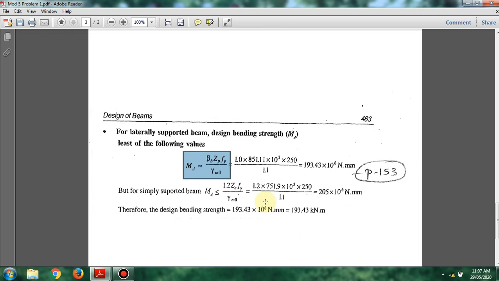This formula is given on page number 53, that is the design bending strength of a beam. If I take out the formula,